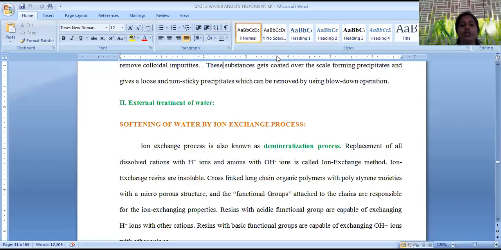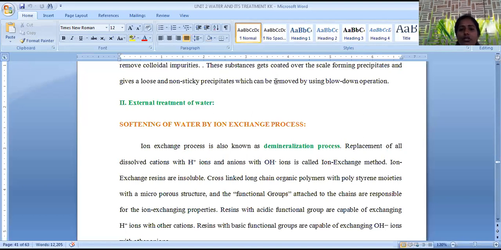Good morning all of you. In this session we are going to discuss the water softening method. Hard water, when used in various industrial applications or any domestic purpose, may cause many types of adverse effects. It is not fit for working in any kind of operation in industry as well as in domestic purpose. That's the reason why it is very important to treat the water before usage, especially for industrial purposes.